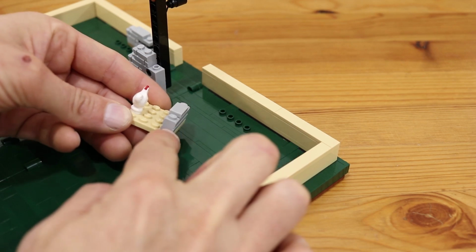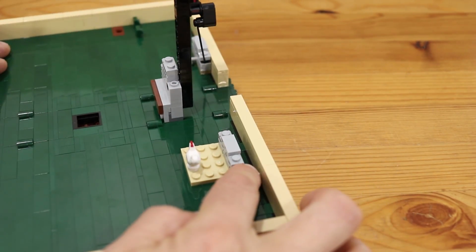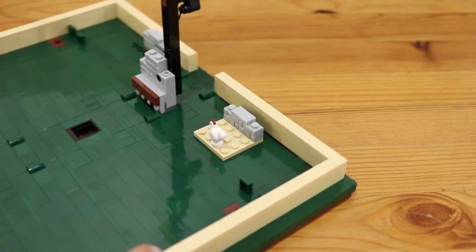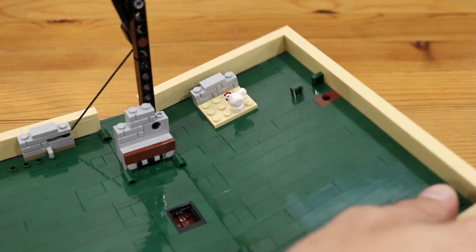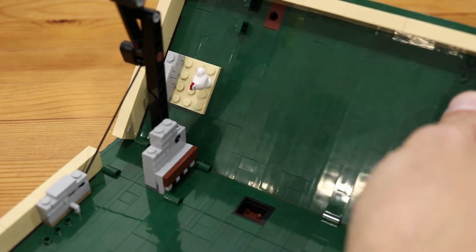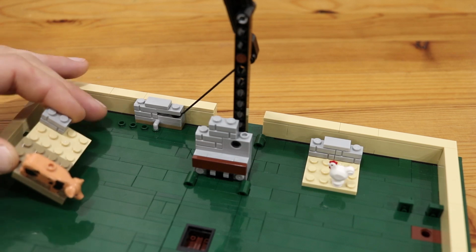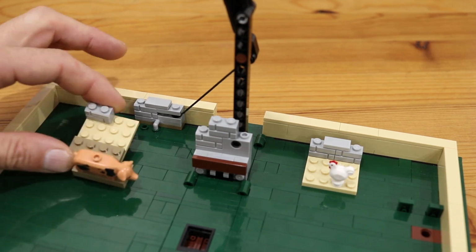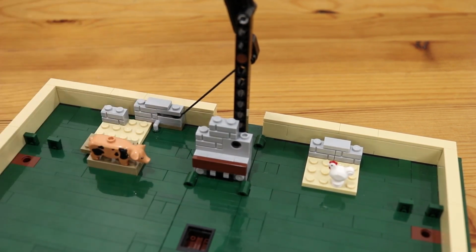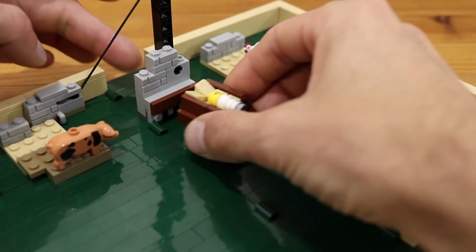The 4x4 plate holding the chicken is connected to these 4 studs, so that there is a 1 stud gap between it and the pages in the back. And that's so that when you close the book, the chicken will clear the support of the star. The plates holding the pig are connected to the 3 remaining studs on the brick that's holding the anchor down. And the manger has a clip on its base, which clips into the same bar holding the base of the